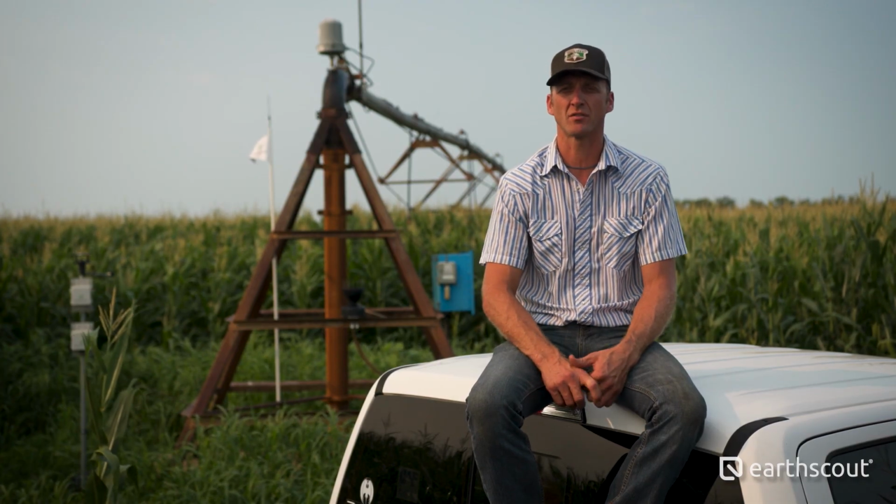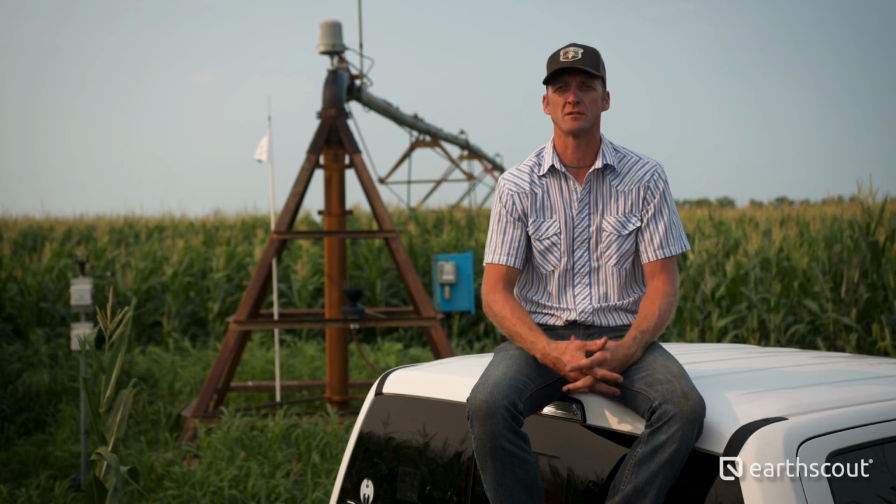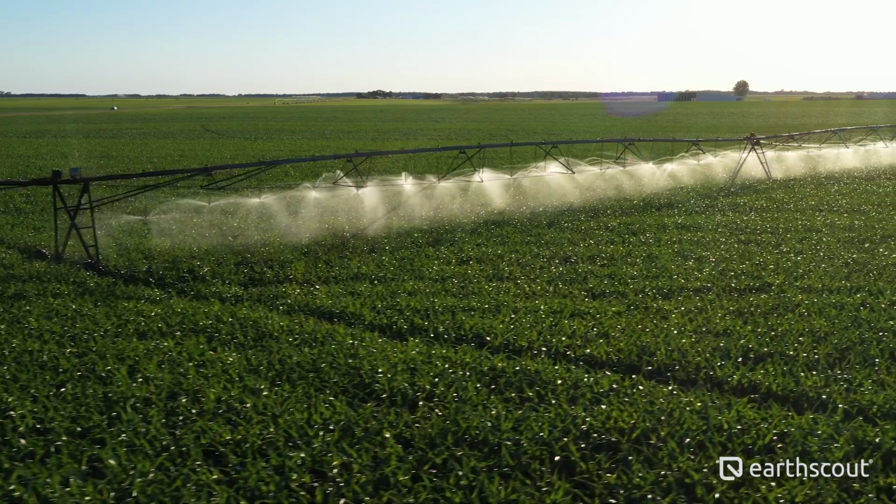It's got to show a profit. We're not going to buy the sensors and all the equipment if it doesn't show a return to us. So those products show a return to us by helping us use the rest of the resources more efficiently. And EarthScout and their products have been right there to help us make those decisions and implement those tools to our best use. Growers in western states who pay for